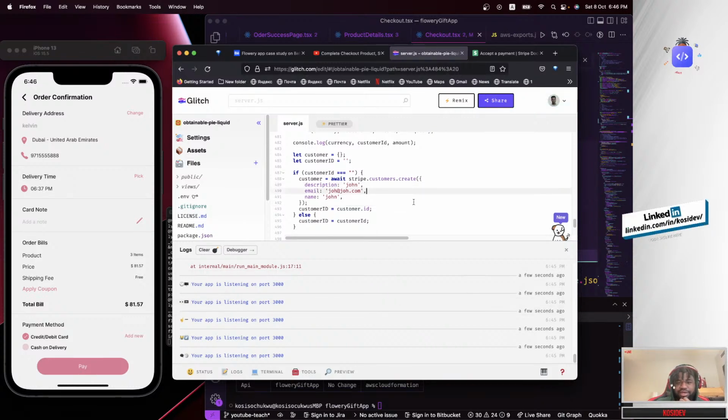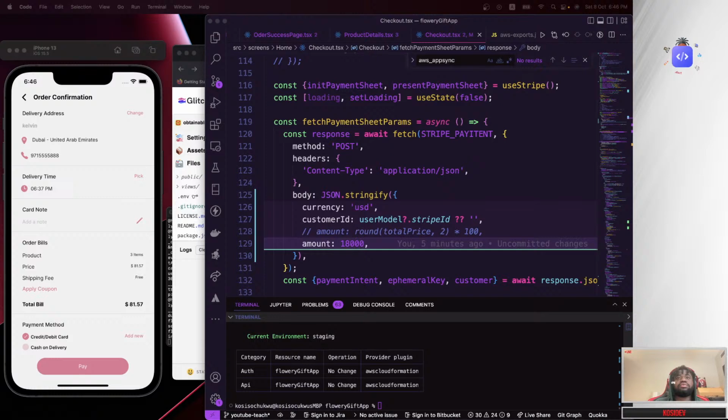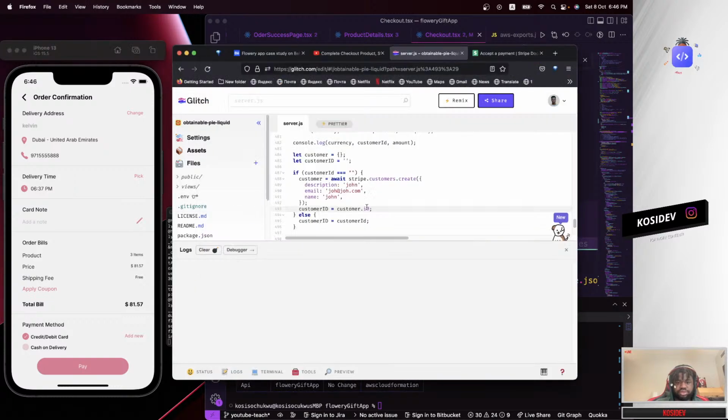So let's try this. I think right now this customer already has an ID related to it. Let's try the payment method again.